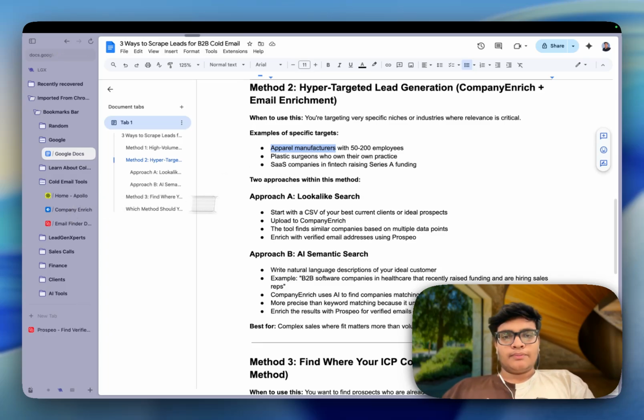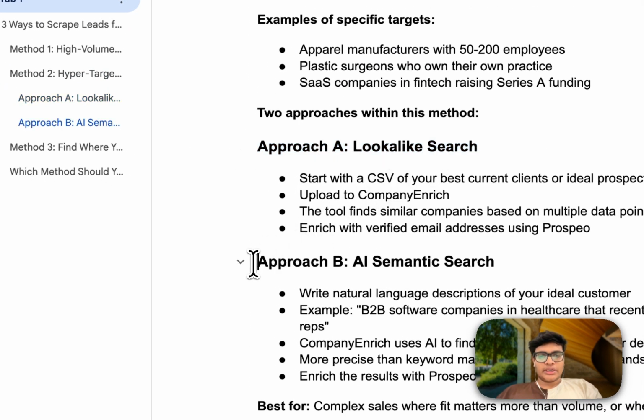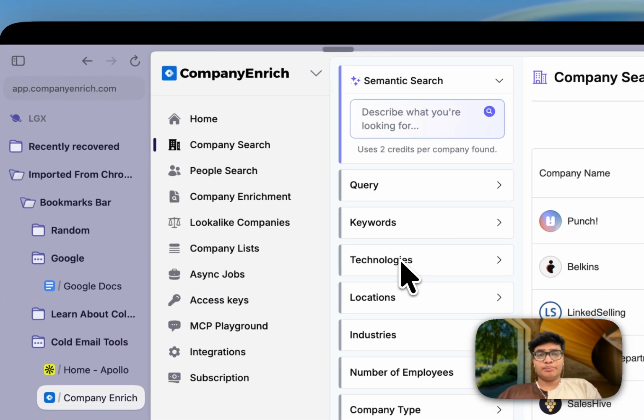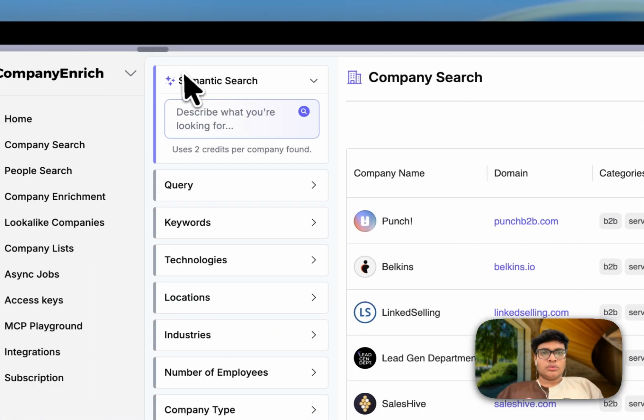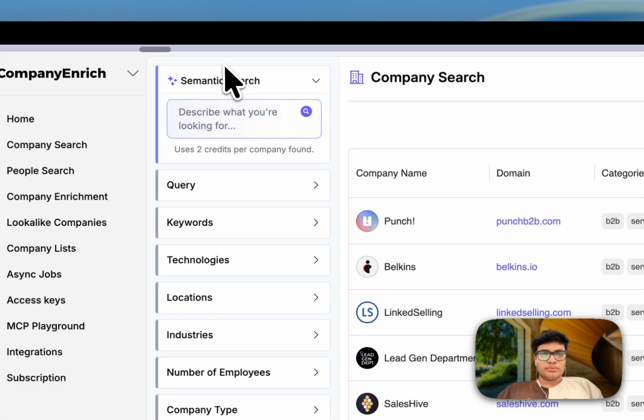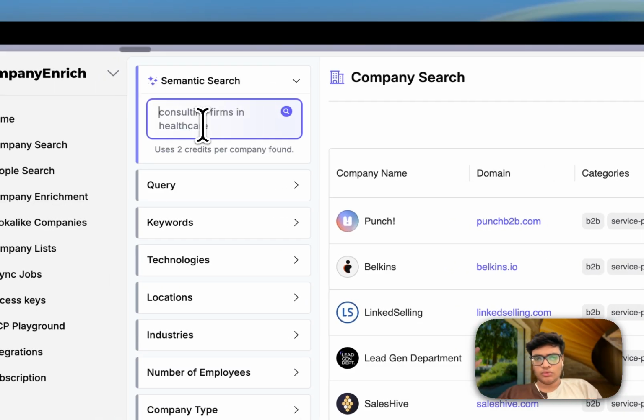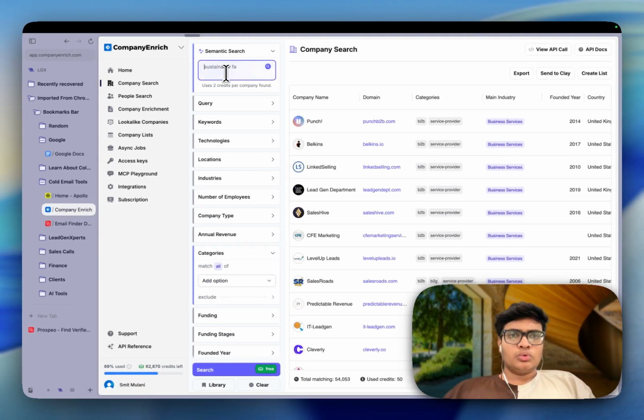There are two ways, right? The first is lookalike search and the second is AI semantic search. My guess is this is just available in Company Enrich. What this does is use their own AI models to identify the companies, right? So let's say